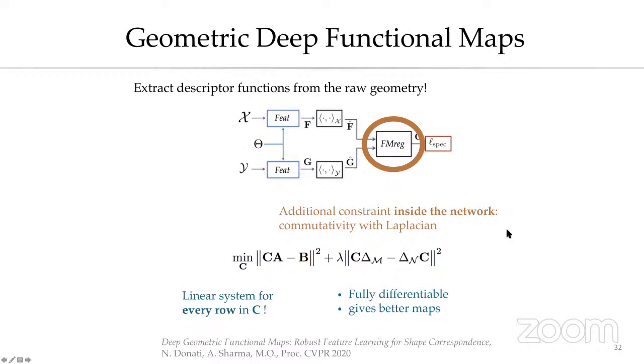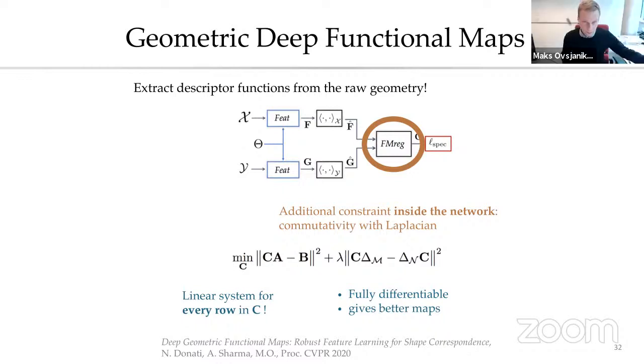Max. Yes? I have a question. Sorry, maybe you mentioned it, but in this case, for X and Y, you actually have the mesh connectivity, but you only use the vertices to compute the descriptors, but you have the connectivity. Exactly. Yes. So this is not a point cloud Laplacian. No. We use the mesh Laplacian to compute the eigenfunctions, but then we use the point clouds as inputs to the feature network.